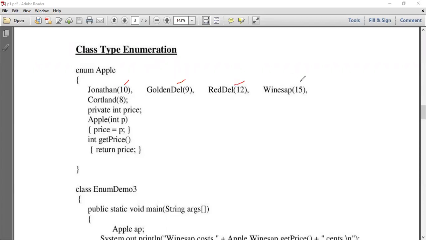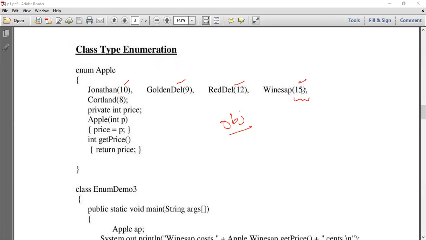A value 15 is assigned to this particular constant, 12 is assigned to this, 9 is assigned to Golden Dell, and Jonathan with 10. Since these are objects, we can initialize them through constructors. This is a call to the constructor because it appears as a function and a value is passed over here.